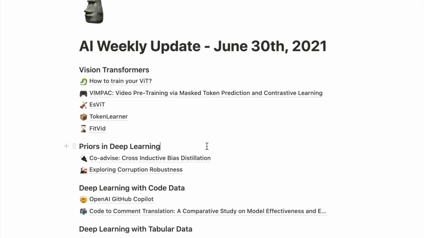Next up is my favorite paper from this week, Co-Advised Cross-Inductive Bias Distillation. I really like this idea of combining these different architectural biases, like the difference between, particularly in this paper, the convolution and the involution, and using those two different models to distill it into a transformer. So what they show that's really interesting is that as you keep training the ResNet convolutional networks, the student model doesn't actually improve as the teacher continues to improve because it already has learned this inductive bias. But if you share it between having two distillation tokens between the convolution model and the involution model,